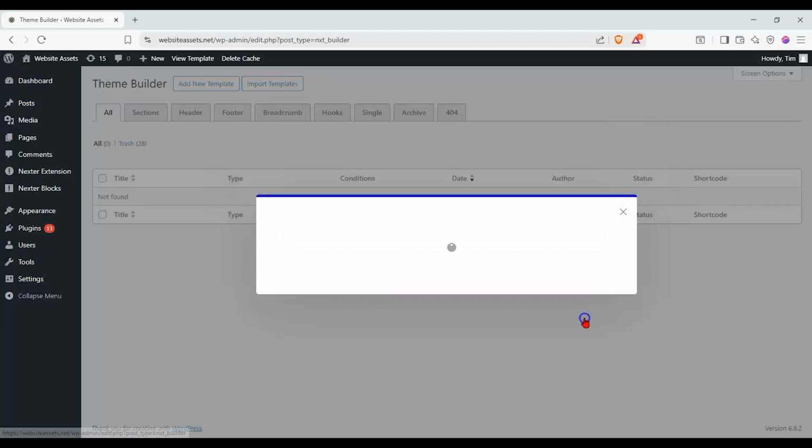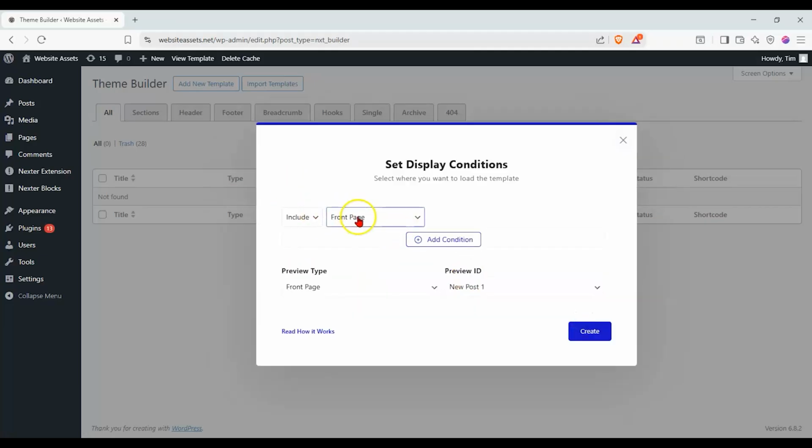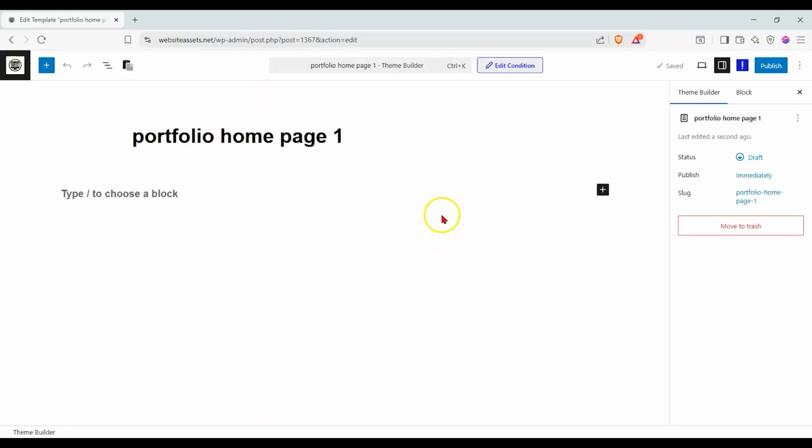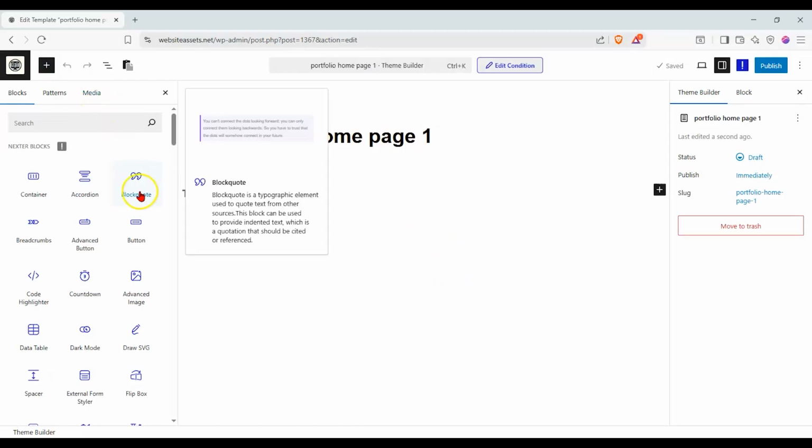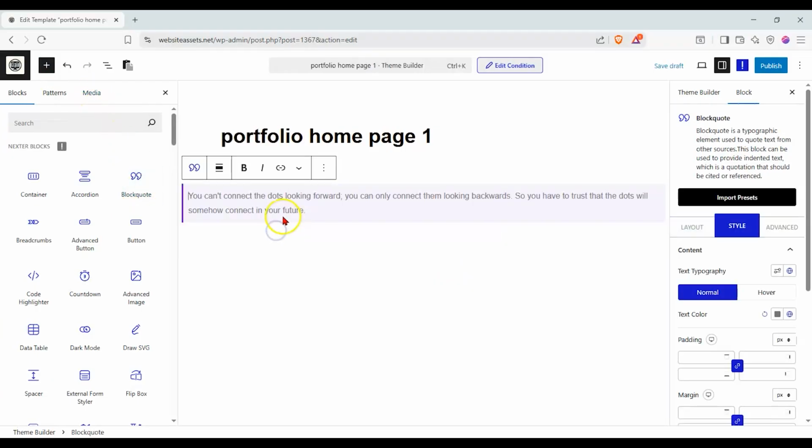Page 1, next, and we'll display it on the front page. Click on create. And you can see here that we have our block. Let's go ahead and add a block quote over here, design from scratch. Okay, let's click on publish, and let's click on,